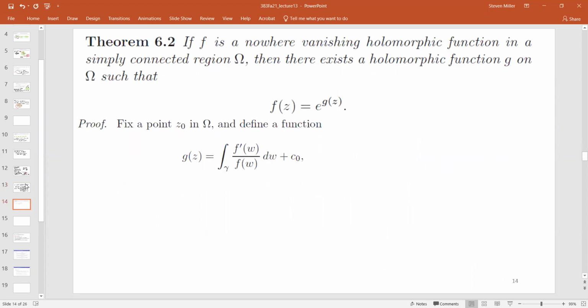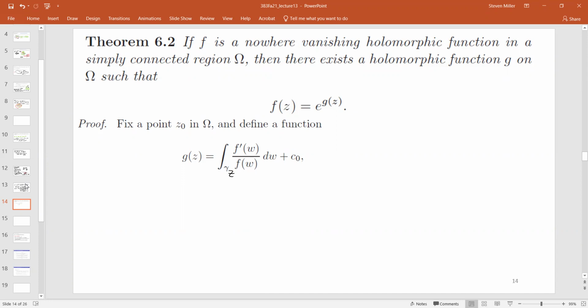All right, so let me just continue, and if there are questions, I'll circle back. I want to at least say a few quick words about the proof. Again, it's saying that we can write our function as e to the g of z for some holomorphic g. The idea is that there should be a logarithm, and since there should be a logarithm, there should be a way to define things. So fix some point z0, and we define a function as follows. Again, I'm going to put a little subscript z on what the book does, because I want it to be clear what's going on.